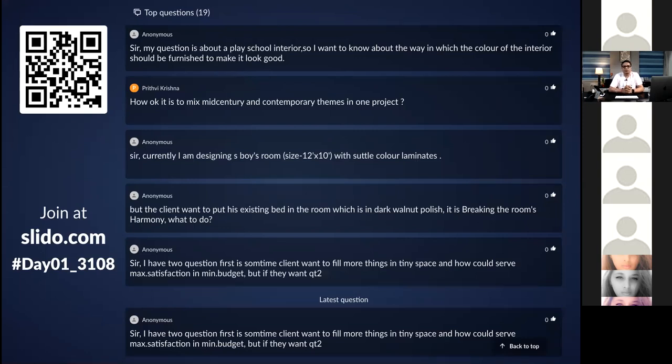Your duty is to convince them of whatever you are able to visualize. It happens as a designer sometimes that most of the time we are able to visualize how it is going to look. We know that it is not going to look good, or it is going to get screwed up. It is your duty to put it across to the customer in a better manner, that if we do this, it is going to look bad. That is where your convincing power should be better.